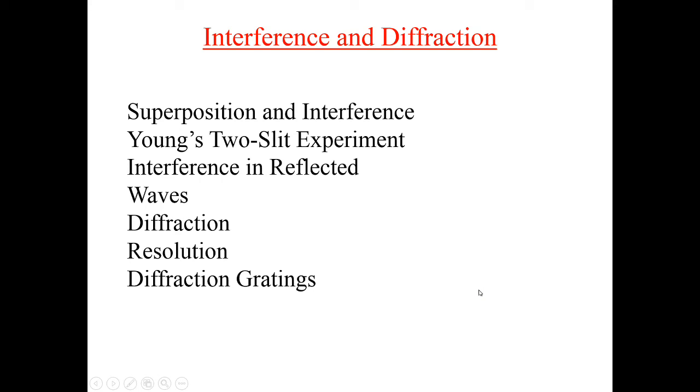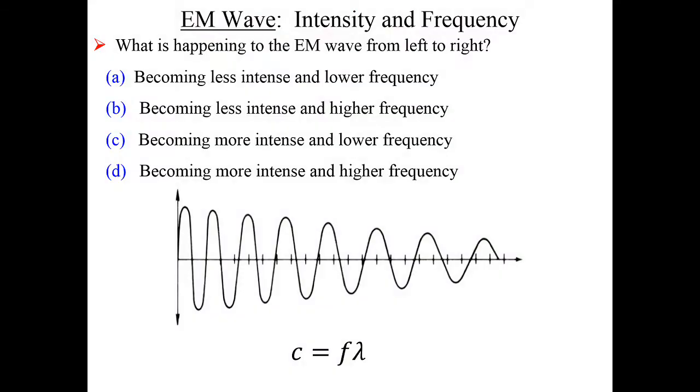Welcome back. We finish our discussion of electromagnetic radiation by returning to looking at the wave nature of light and how the wave nature of light results in interference and diffraction. One of the things that we learned in the last unit was that the speed of light changes when the electromagnetic radiation moves through different materials. So the speed of light that we usually think of, 3 times 10 to the 8 meters per second, is the speed of light in a vacuum, and the speed slows down when the light moves through glass or some